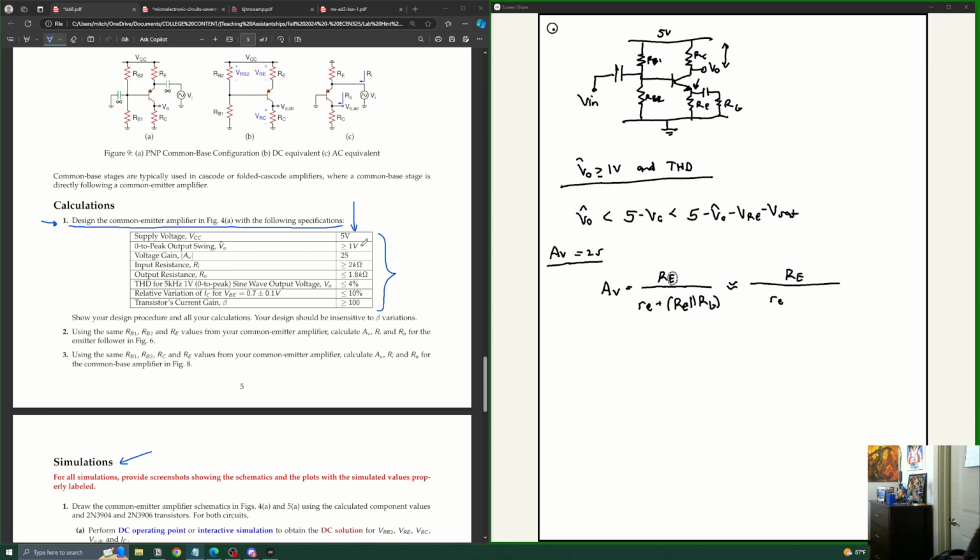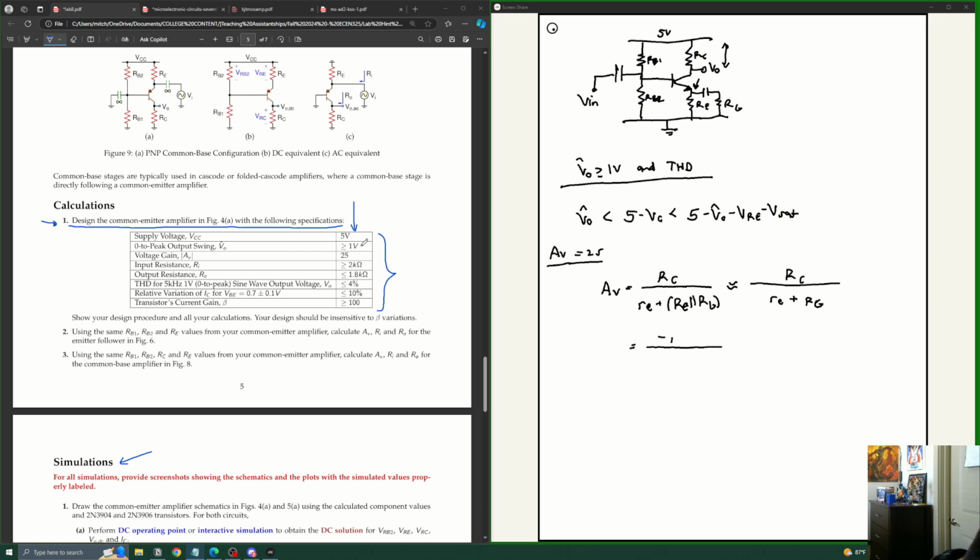Oops, sorry. RC is going to go in the numerator. So really the denominator is going to look more like RE plus RE, RG, like this. Because if you have two parallel components and one of them is much smaller than the other, then it's just going to be the smaller one, basically. And then because of this, we can just apply our equation for what RE is to end up giving us